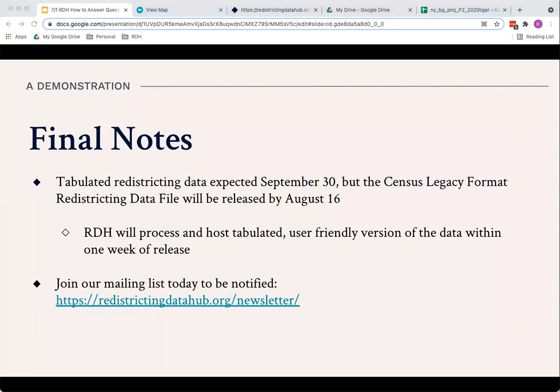So as you all know, the redistricting timeline does differ by state. So one deadline that we are all tied to is the release of the census data, which is scheduled for the end of September. But the Census Bureau has also announced they will be releasing the data in a legacy file format in mid-August. And some of the proprietary software on the market, especially that's being used by most official redistricting bodies, will tabulate the data for you. And that means that those who have the resources will be able to start drawing maps shortly thereafter. So fortunately, we also plan to process and tabulate the legacy format data within a week of its release so that the rest of us can join in.